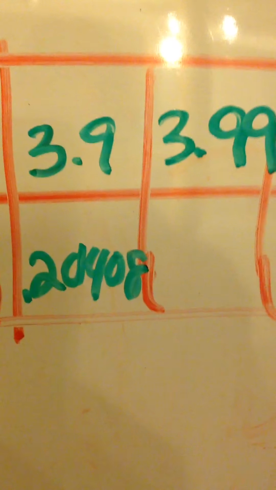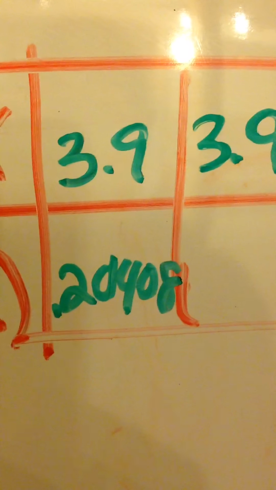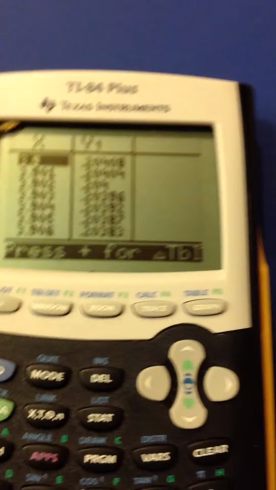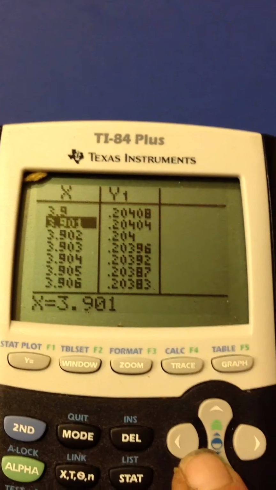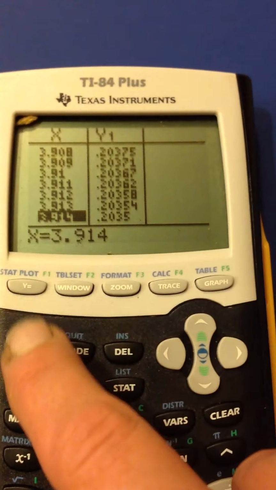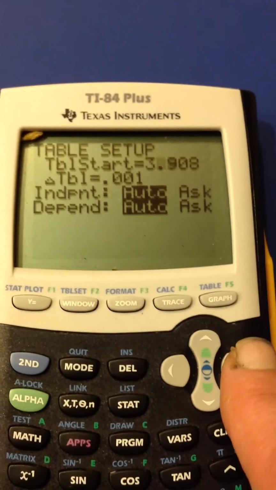If you factored the equation and used substitution, you might know if we're heading in the right direction, but the next value I have to check on is 3.99. Okay, back to handy dandy calculator. I could be scrolling down forever, but I'm not doing that. So I'm going to go to second table setup, and I'm going to go right where I want to look at,